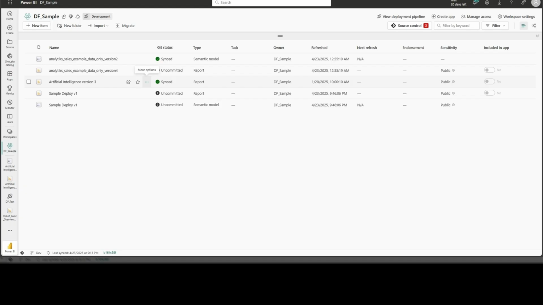You want to push it to a higher environment, let's say test, which is in my case this workspace. As you can see here, you want all of those changes to be pushed to test